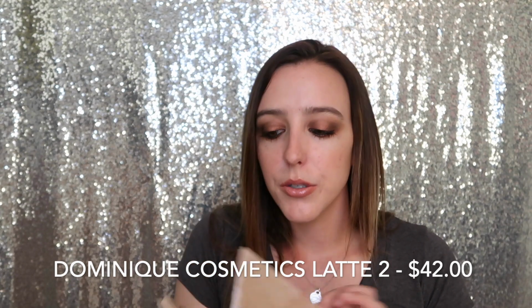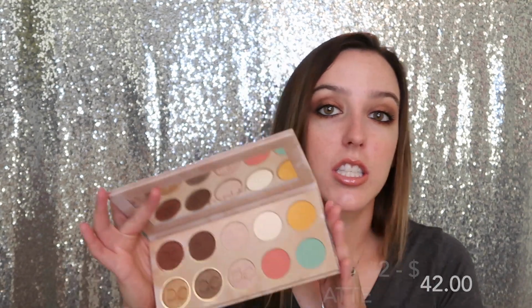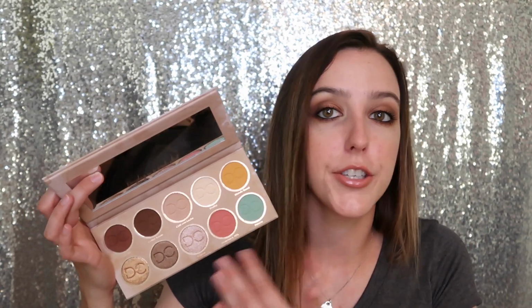Then a newer one in my collection is the Dominique Cosmetics Latte 2. I did do a video using this, and I just love it. I think the formula is just as good as her original Latte. The colors are beautiful, the shimmers are beautiful. I can use them without wetting them. I think this palette is just stunning, and I really do love it. And while we're talking about this one,